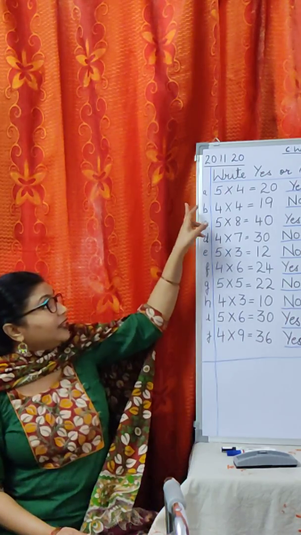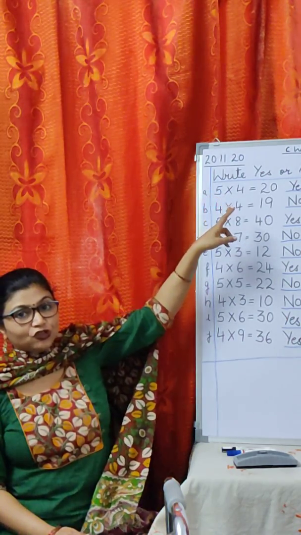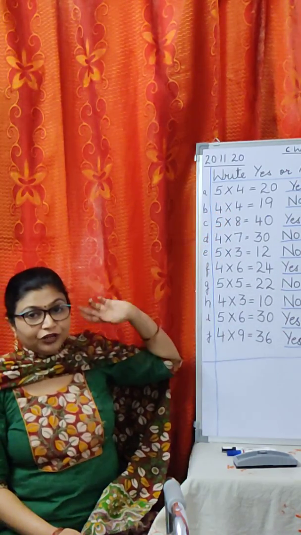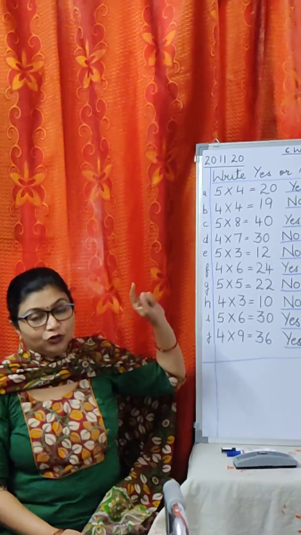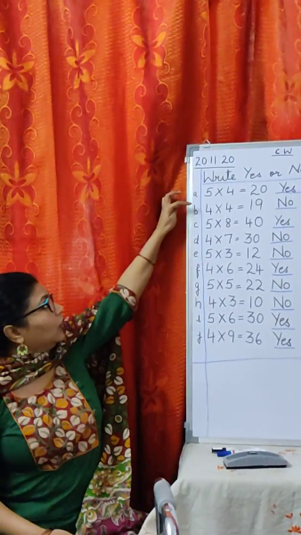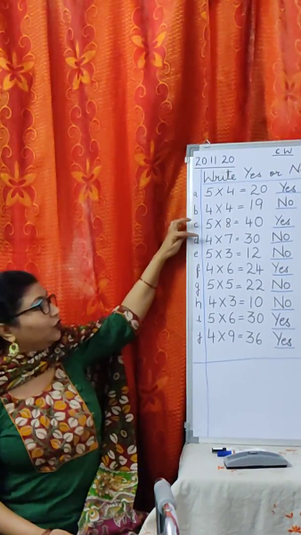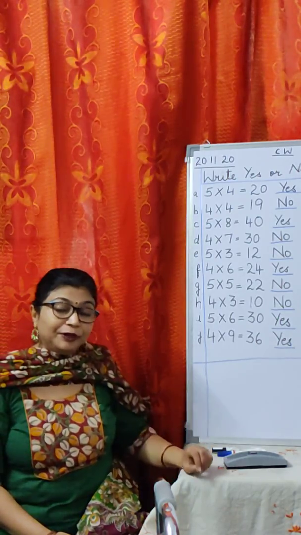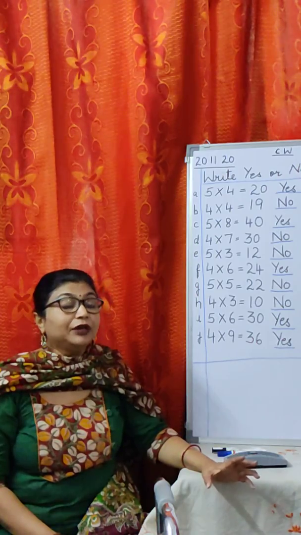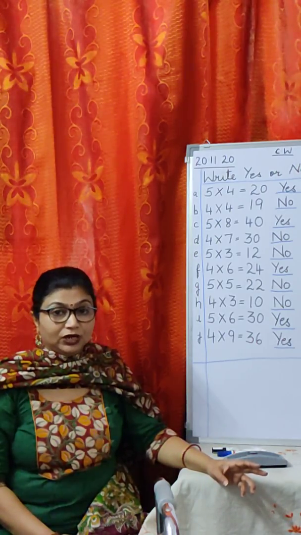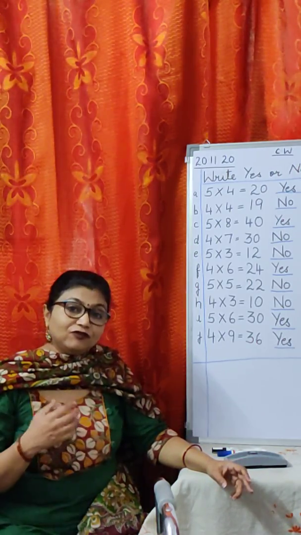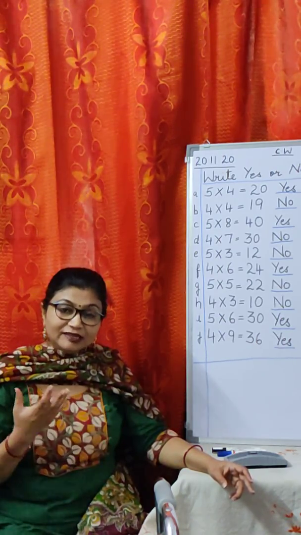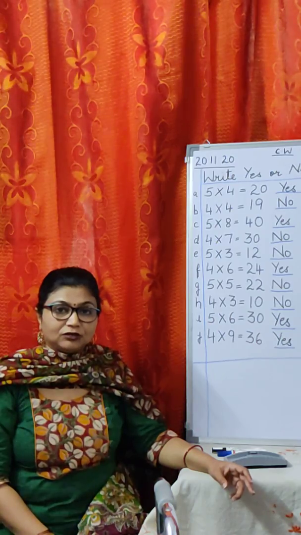Okay? Write the date, write class work, write yes or no, and then leave a line and keep writing. A lot of you boys, when you have done your dodging tables, you all are not leaving lines in between over here. You are not leaving a line in between. And some pictures are coming very blurred. Ma'am cannot see your work at all. So please, once after you click the picture, check in your mobile if it is clear. And when it is clear, then only you send the picture.